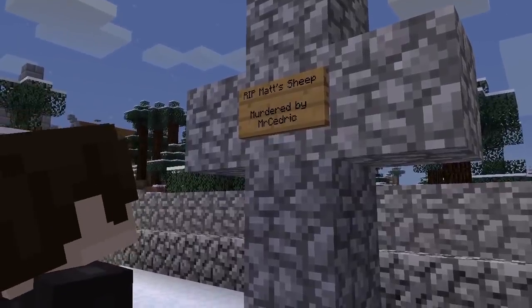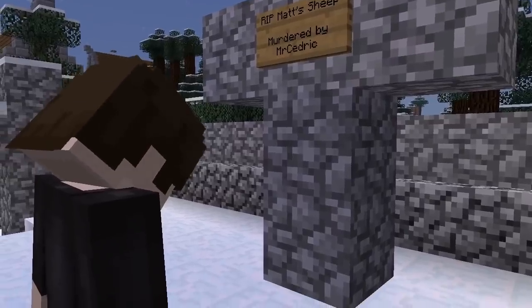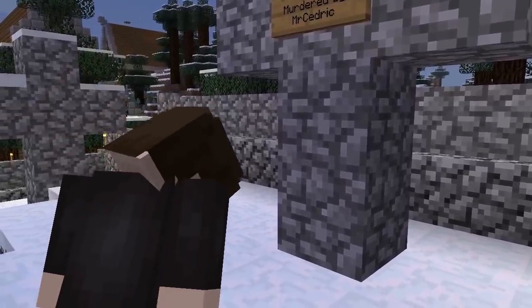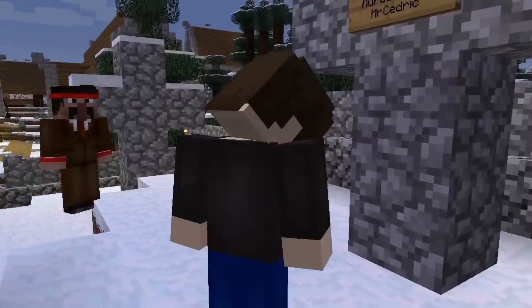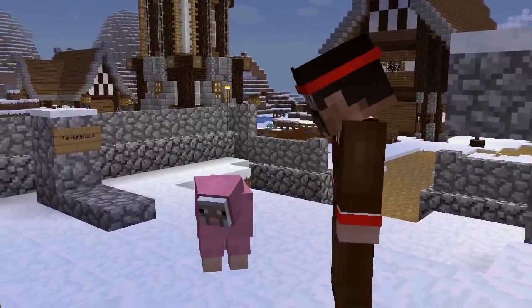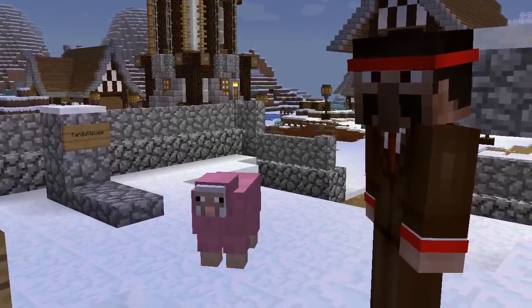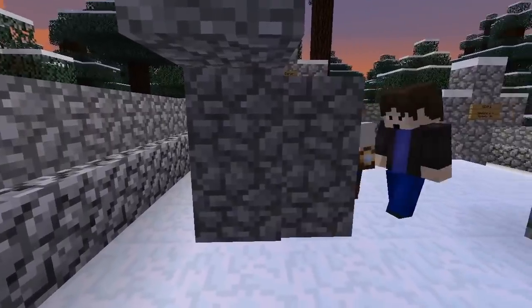Yellow sheep, flat sheep, upside down sheep. I will miss you all. I'm sorry it took so long for me to come. Here you go, Matt. John? I thought you could use a new friend. So I stole some players' sheep and I pretended it got killed. Oh, thank you, John. I can...